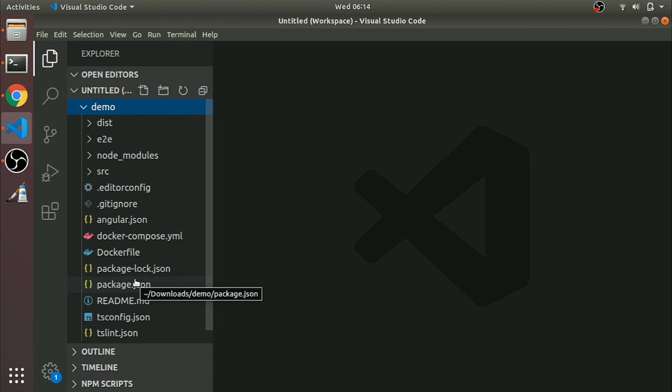Next, package.json contains information about all the packages we are going to use in our project. Readme is a simple file for initial instructions. If you commit this project to Git, then we can see some initial instructions like how to install, how to do other things, right? tsconfig, it's a TypeScript related config. Then tslint, the default tslint. If you need it, I will explain in more detail.